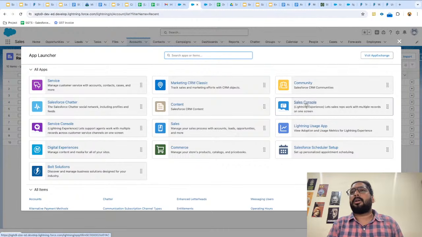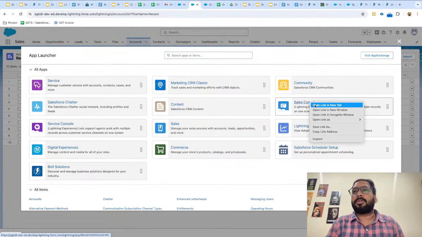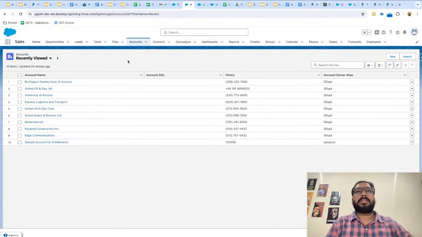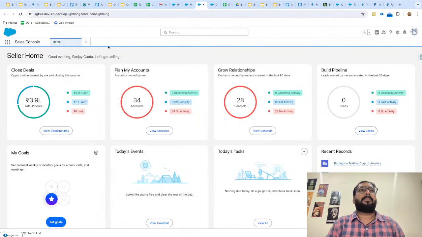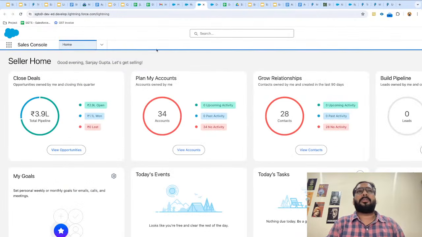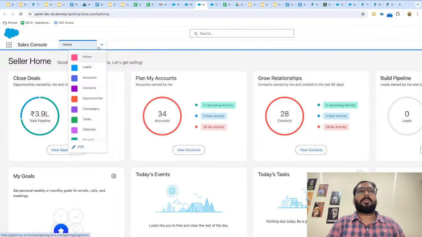And in the third column, the second application is sales console. I will be comparing both, so I'm going to open it in a new tab. The sales application, which is standard navigation, is already opened, and in the new tab I have sales console. Here you will see there is no tab available. If you click on this drop down, then only you will be able to see the tabs.